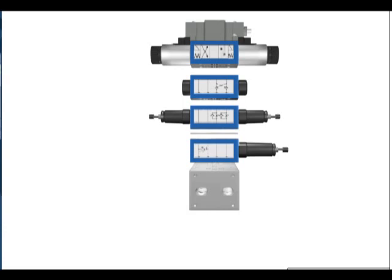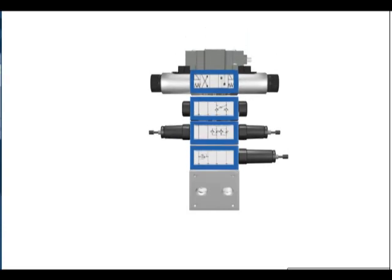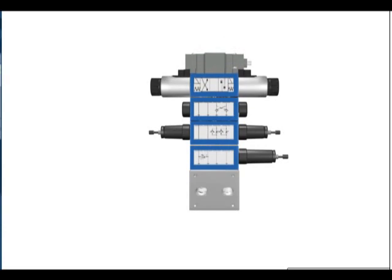Stack valves are bolted together in a compact stack, eliminating the need for external plumbing between components. By eliminating the pipes, tubes, and hoses typically used to interconnect the various valve components, the assembly is compact and